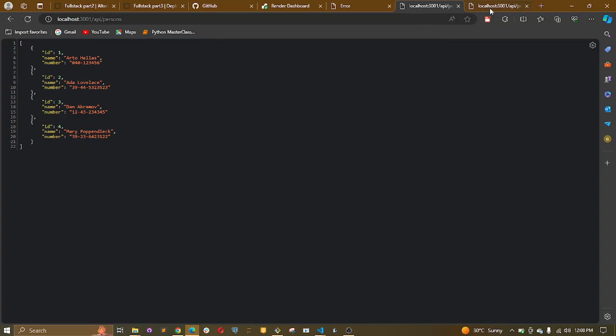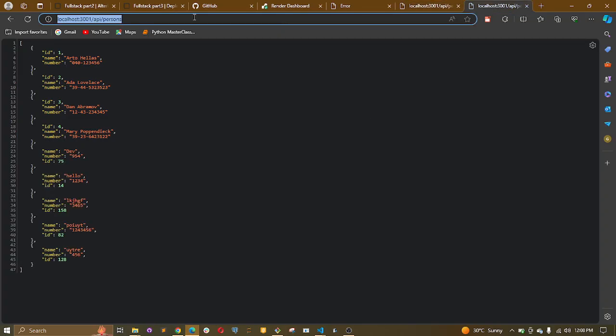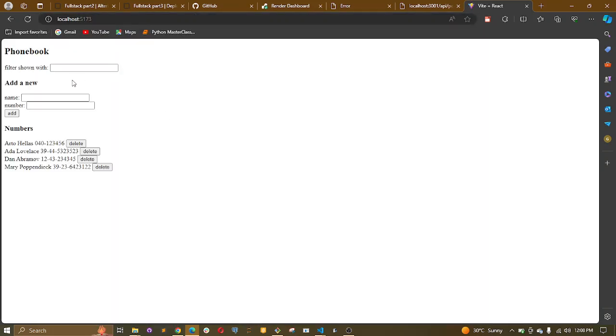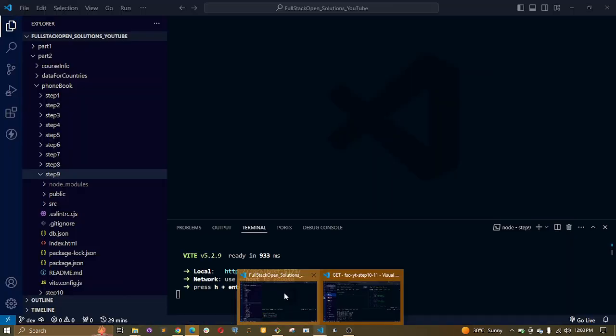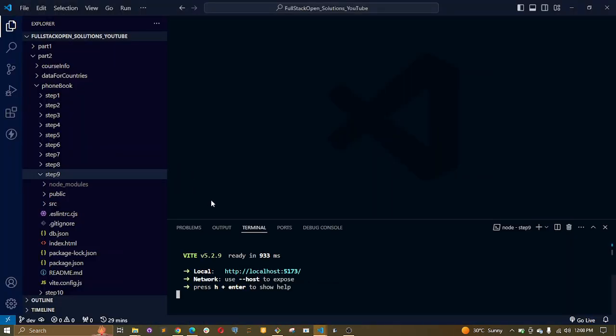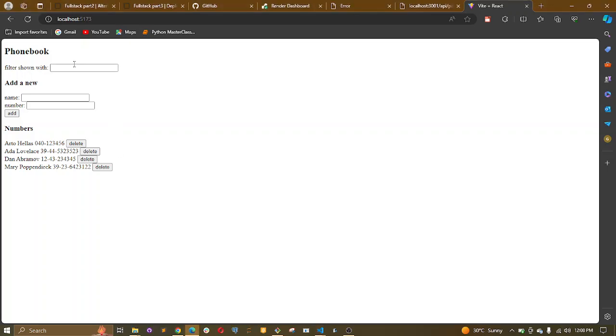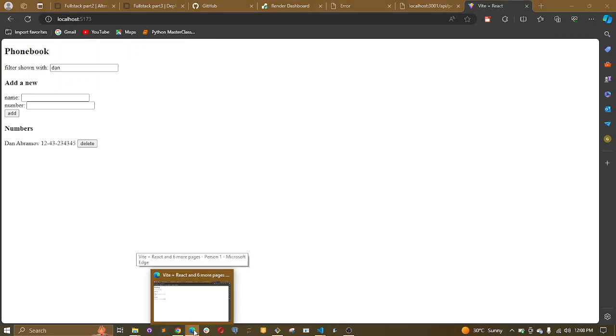All right, so let's check our front end file and see if it's working fine. Okay, so as we can see, this is the front end that we just ran. That's the exercise 2.14, which is represented here as step 9. Okay, so we can see it's still working. Let's see if we can filter. Let's filter down. You can see this works fine. Okay, so the next thing we want to do is